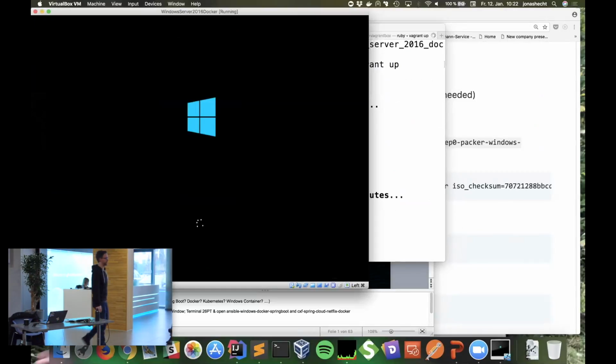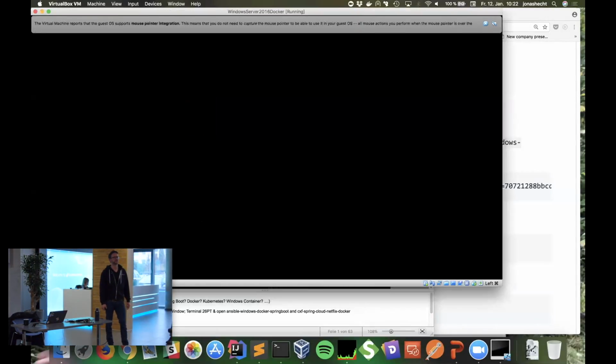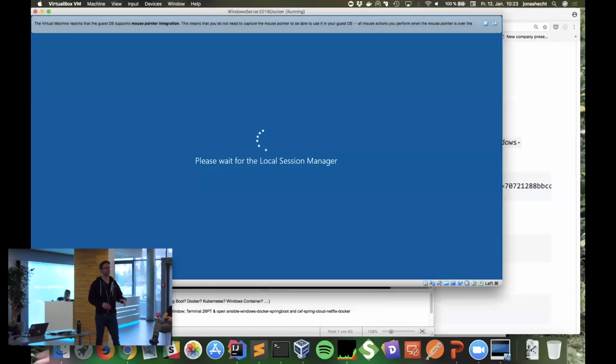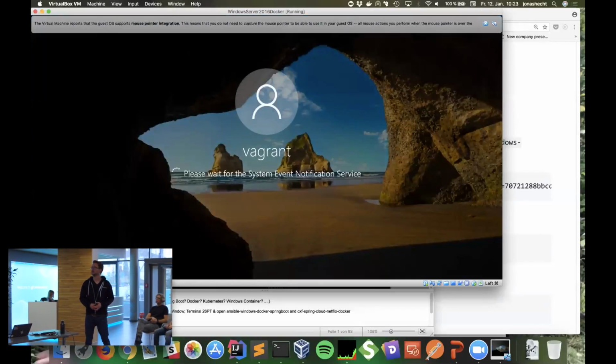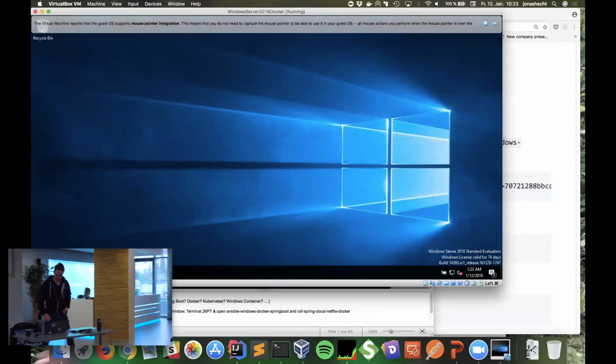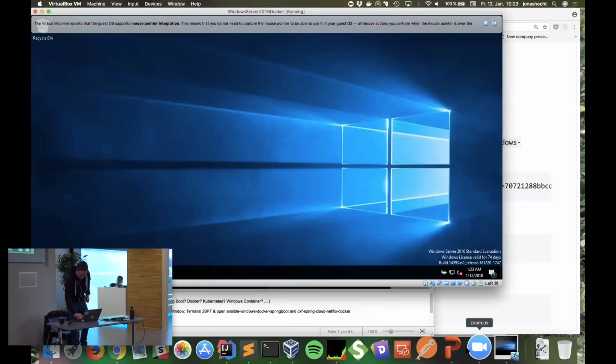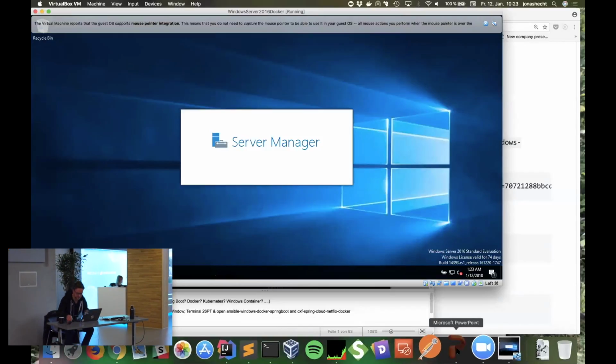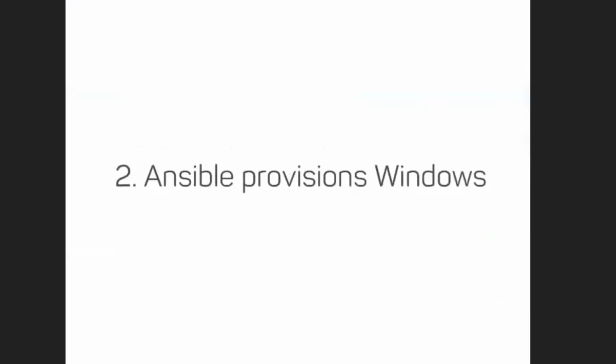And the Vagrant commands should be the only thing you have to use, right? Just vagrant up, vagrant halt, all this stuff. Just not logging in and stuff like that. Okay, so right. So now we have this box, and now we can go to Ansible.